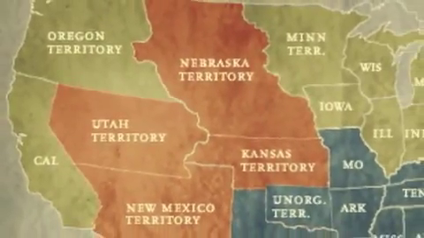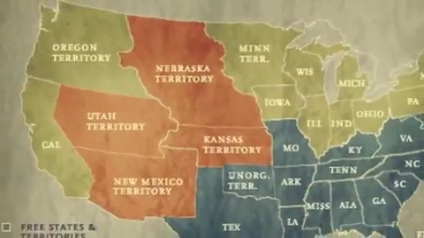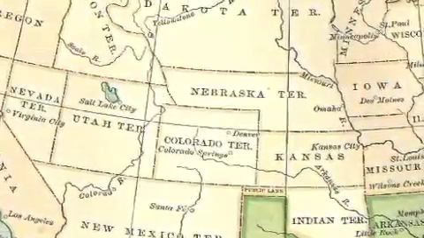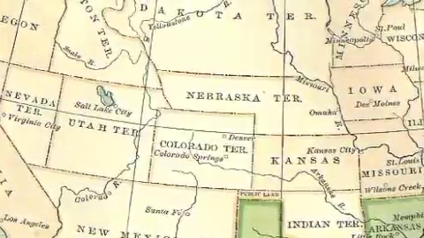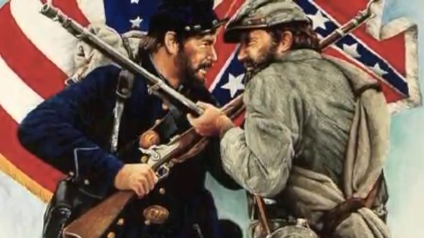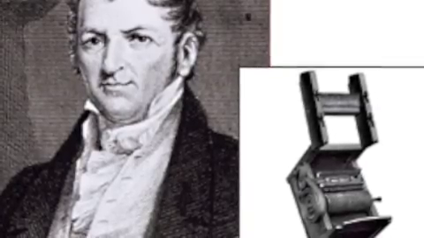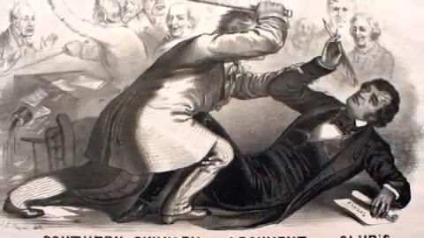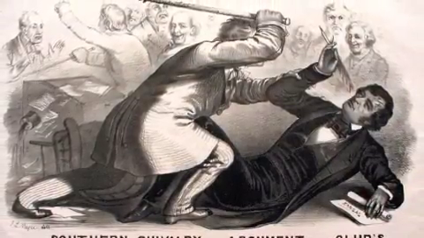The animosity created by the Compromise of 1850 was advanced by the Kansas-Nebraska Act. The Kansas-Nebraska Act created the territories of Kansas and Nebraska and allowed them to decide their status based on popular sovereignty. It also repealed the Missouri Compromise, calling it unconstitutional. This created even more tension between the North and the South due to the issue of slavery, which was reignited by the invention of the cotton gin. The Kansas-Nebraska Act resulted in civil war over slavery in Kansas. This civil war was called Bleeding Kansas. This civil war in Kansas eventually became the Civil War.